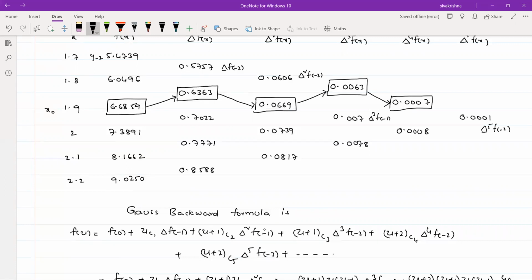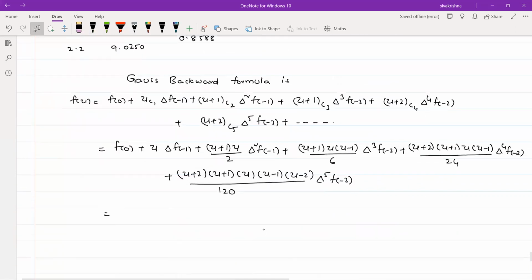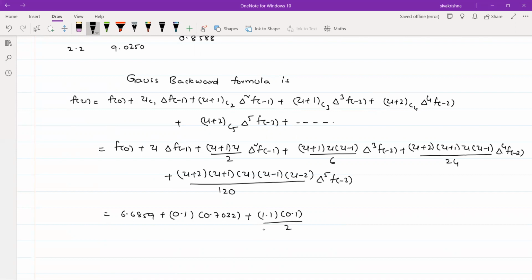Now we have to substitute these values in the formula. f of 0 is 6.6859, plus the value of u is 0.1 into delta f of minus 1, which is 0.7032, plus u plus 1 means 1.1 into u is 0.1 by 2 factorial is 2, into delta square, the value of delta square is 0.0669 from the table, plus u plus 1, once again 1.1 into u 0.1 and u minus 1 means minus 0.9, by 6, into delta cube, the value of delta cube is 0.007, and coming to the next term,